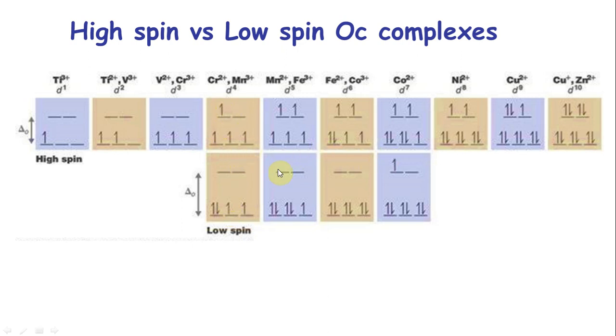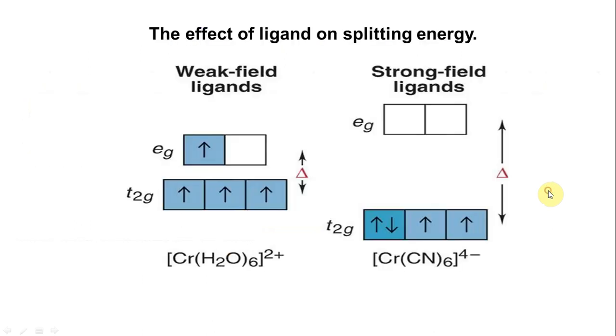Same for the next four. So you want to know the ones where it matters whether it's a low spin or a high spin complex. Here's a simple diagram explaining how much it matters. Remember, CN we saw towards the end, so it's a low spin complex. It splits more compared to water, which is a high spin complex. It doesn't split much. So the fourth electron enters the eg orbital, whereas in the other the fourth electron pairs up. Why this matters: this compound has higher delta naught. Higher delta naught means higher energy. Higher energy means more color.